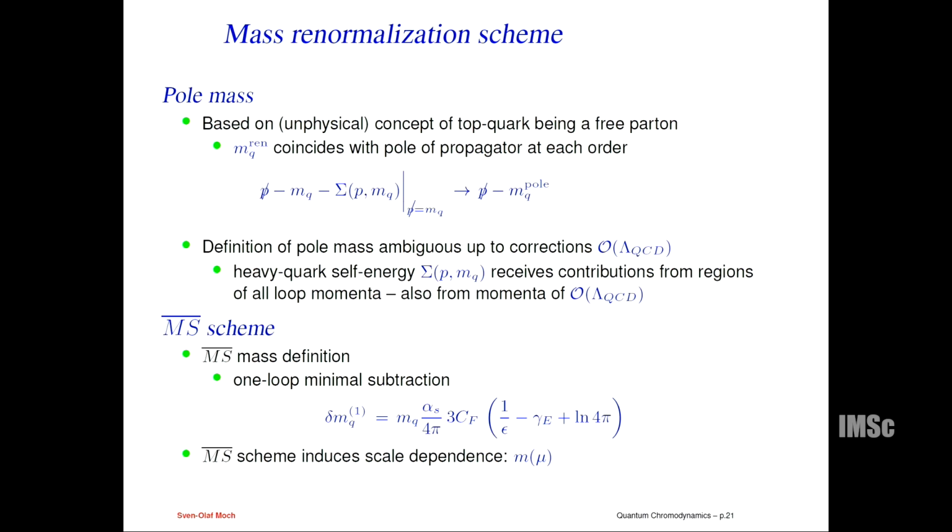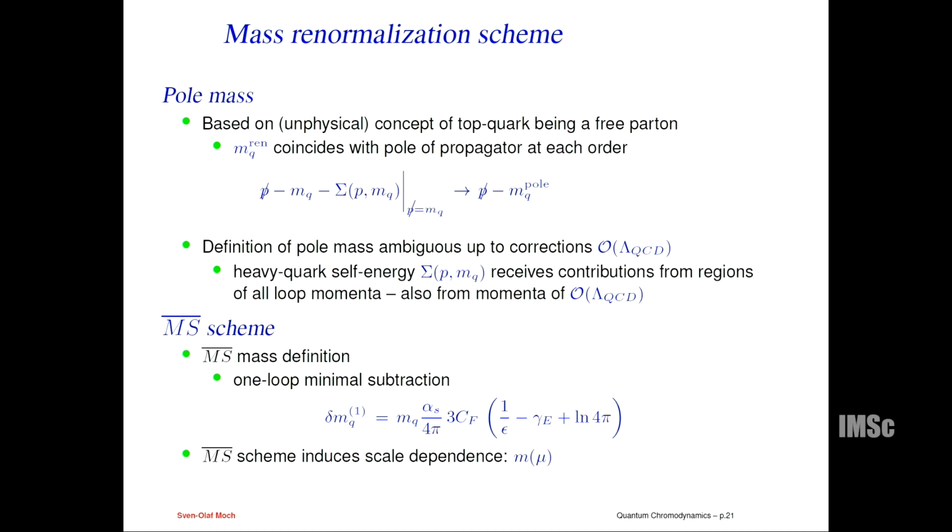This is done in quantum electrodynamics, for example, and this is sensible when you have a particle which also is in an asymptotic state, like an electron, which is a stable particle. Now, when this is done in QCD, this is strictly speaking not correct because quarks are not asymptotic states, they are only bound in hadrons. Nevertheless, we like to do this pole mass renormalization scheme because it's conceptually simple,